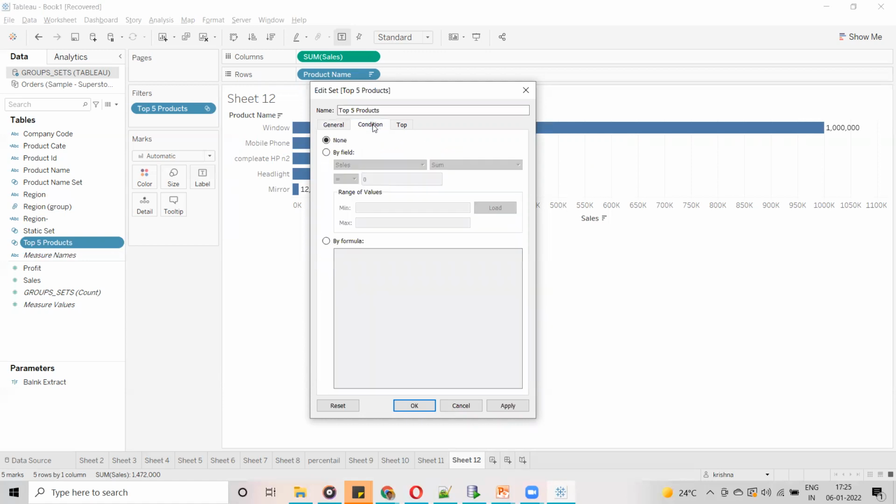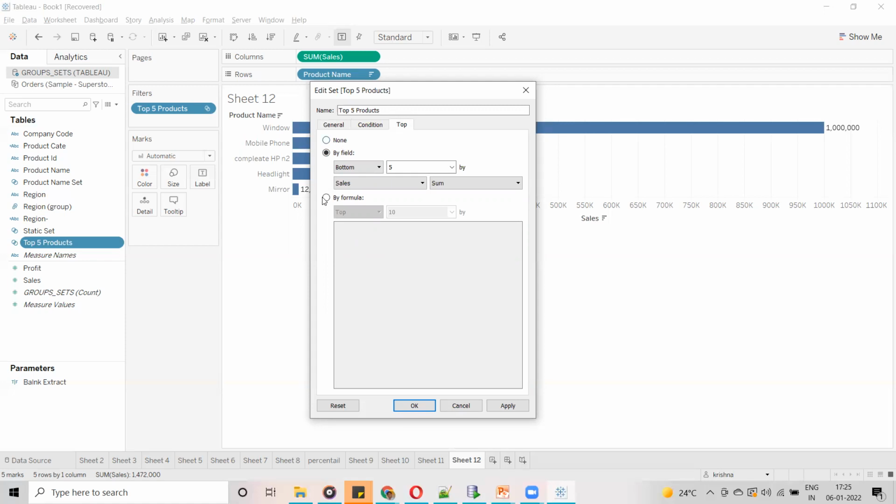When you move to the Condition tab, here you have None, By field and By formula. And in Top, we have seen None, By field, By formula. Guys, here one thing you have to remember, it is very important. The set which we are creating is based on the product name, right?